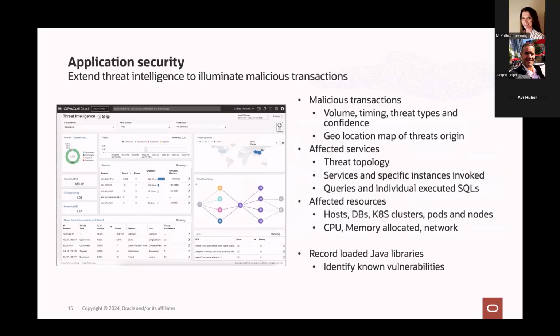Besides doing the tracing and the real user monitoring and the availability monitoring, all these jobs that report spans, right? We can help doing application security in 2 ways. One is your application is being accessed from a location. You have the IP address. What we can do, or what we do out of the box, is